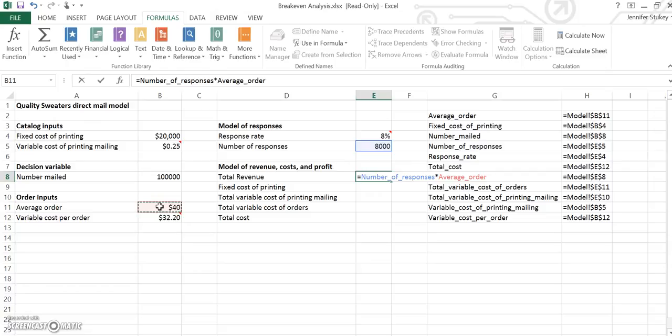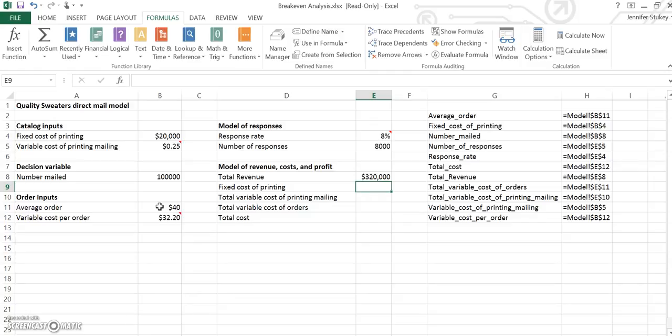Now that doesn't mean every person orders $40. It means that it's the average over all of them. One person might be 40, and one person might be 60, and one person might be 20. But the average is 40, and so that's how we're calculating our total revenue. So our total revenue is $320,000,